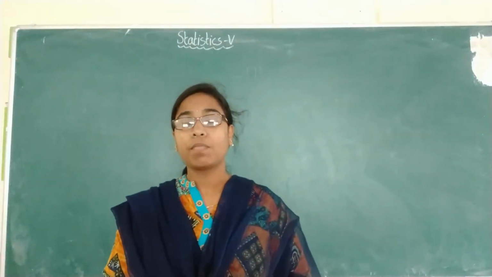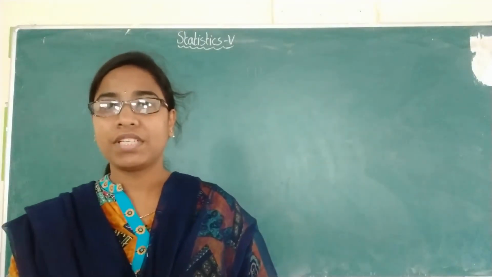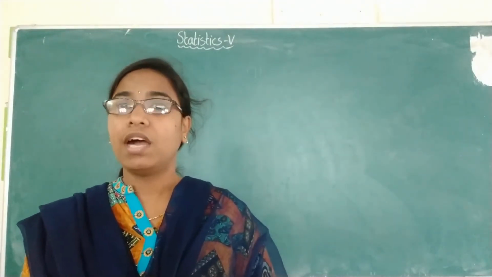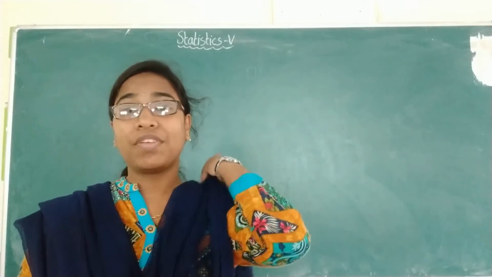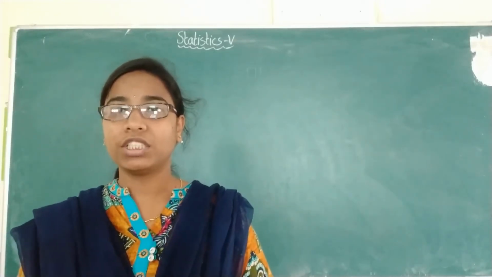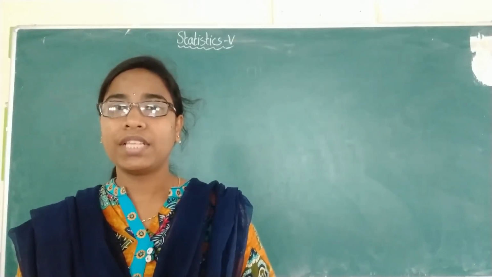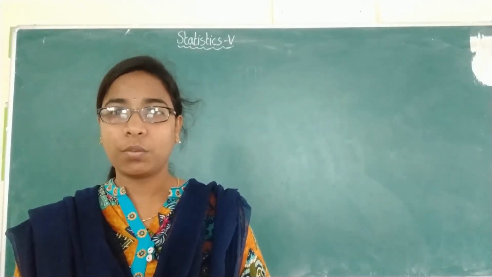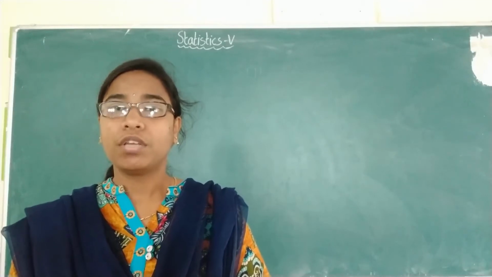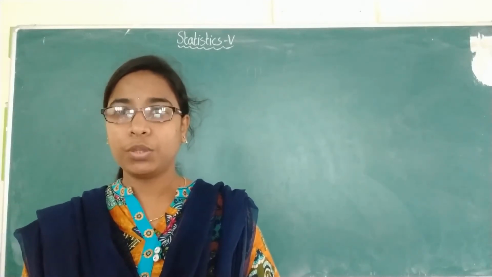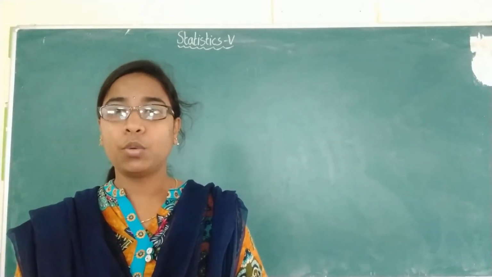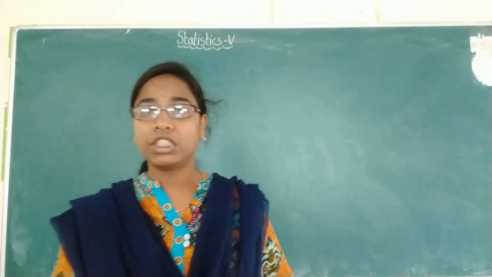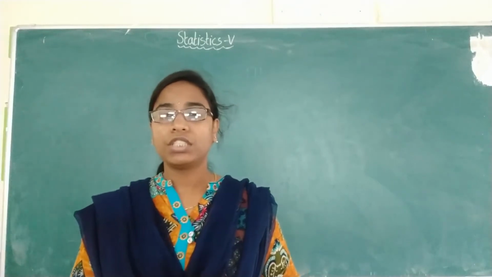Everyone, good morning. In our last class we discussed the variance of stratified random sampling under optimum allocation. We have seen a theorem for the condition of minimizing the variance for the fixed cost. Whenever you minimize the variance for the fixed cost, you get ni proportional to NiSi by root Ci.